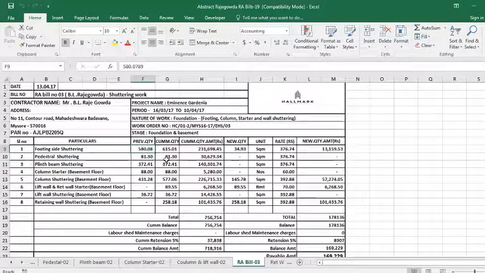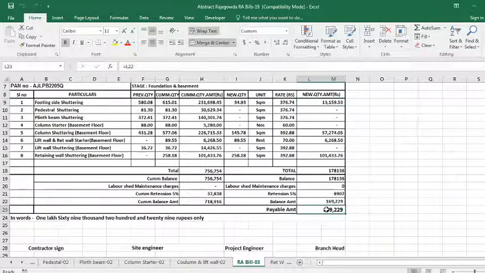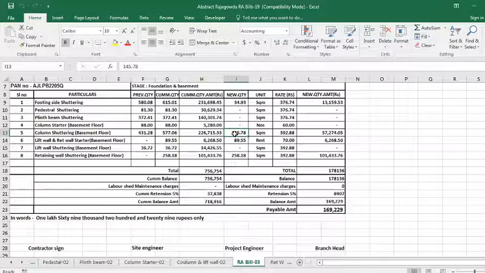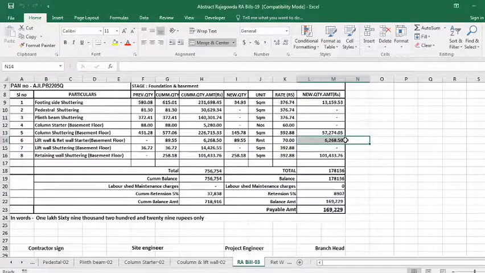This is the quantity, this is a cumulative quantity of that, and there's a rate here. When you add this, you will get the total cost of it, and then you can find the payable amount for that particular work. This is a payable amount, right? Whenever any new quantity is added, it will be added here separately. The moment you add it, it's all formulated. These Excel sheets are all formulated. The moment I change the number, the cost will also increase.